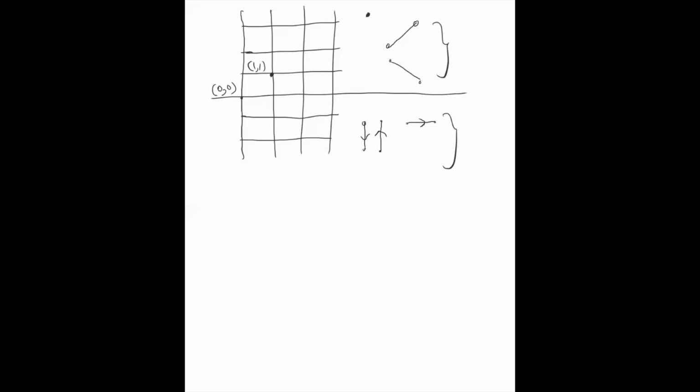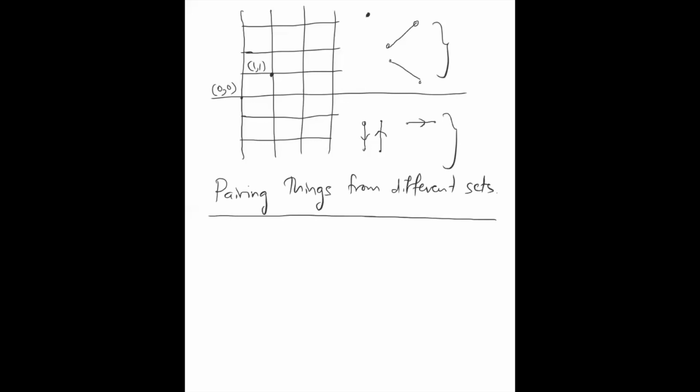And there is another thing that I wanted to point out. We've been using this trick to solve our problems. The trick basically involves pairing things from different sets. We have been using this technique a lot, to change our problems from one form to the other, so that the answer that we get is still the same, but we are solving a different and slightly easier problem. So we have been doing things like that a lot, right?